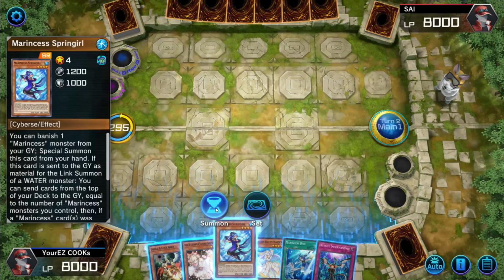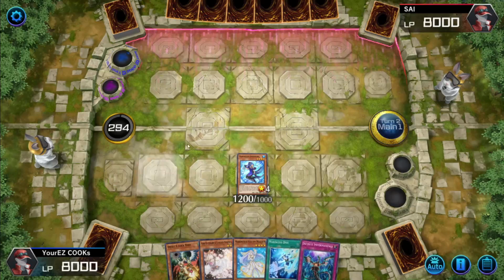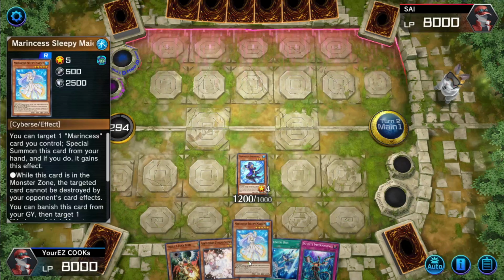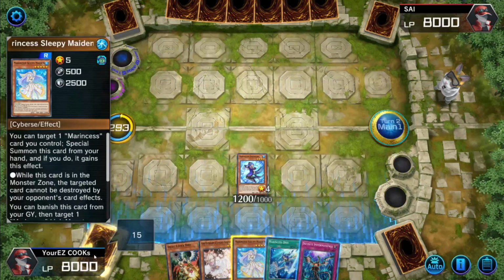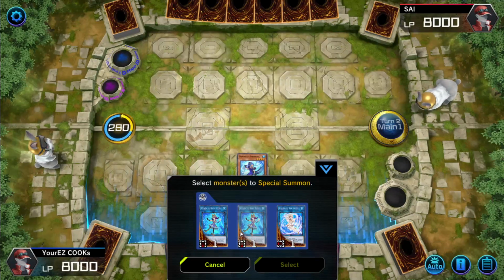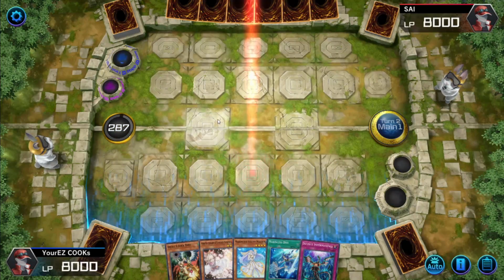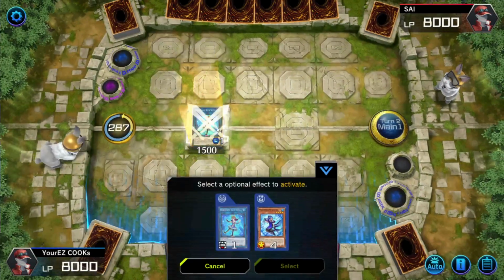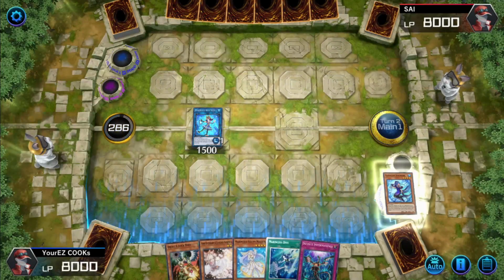But on the bright side, we can go into Springirl. Now Springirl is going to be really good for us because we do have ourselves a Sleepy Maiden. They most likely have a Maxi from the looks of it. I'm gonna be honest with you, that's what it seems like. So let's go into our Blue Slug,